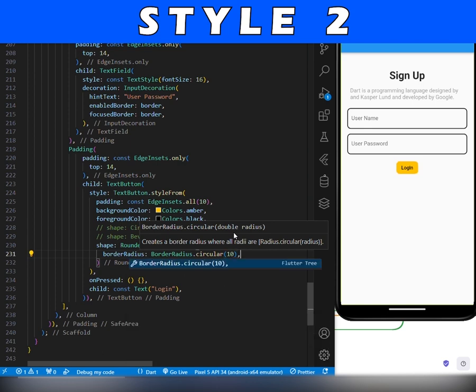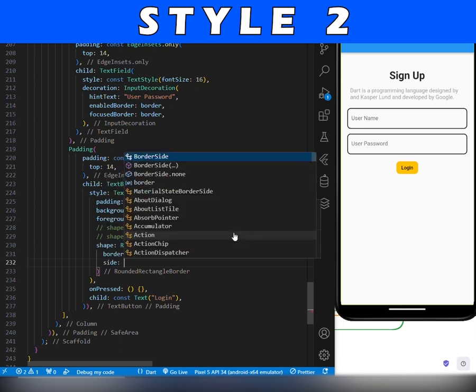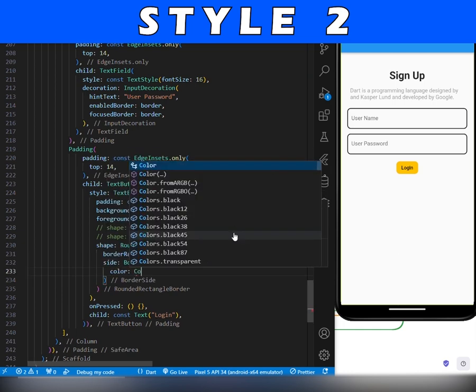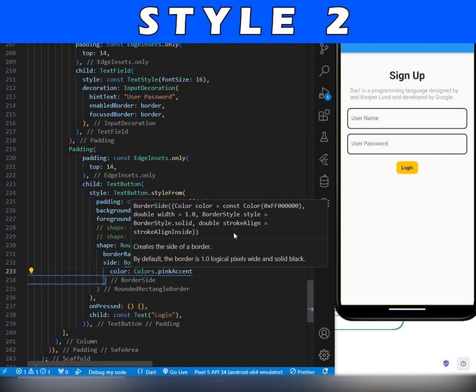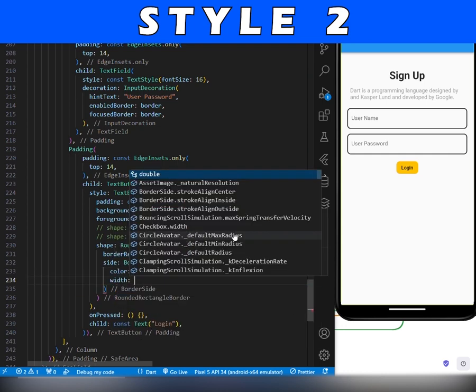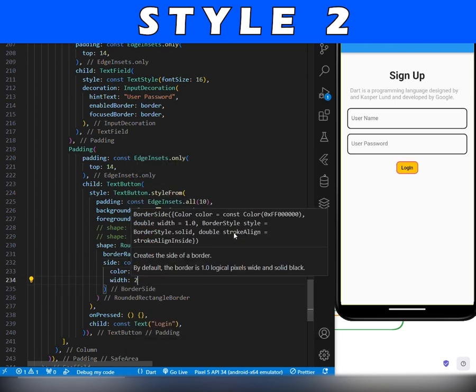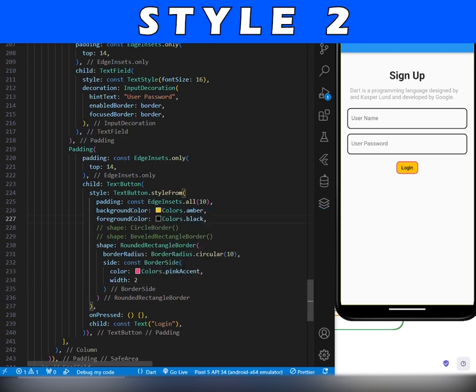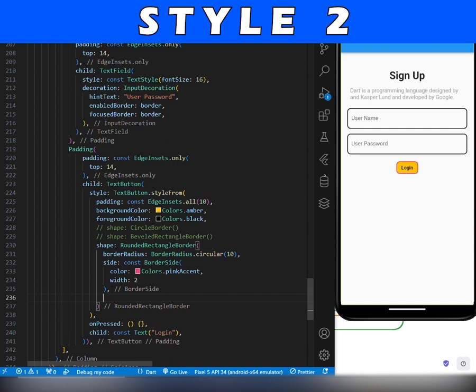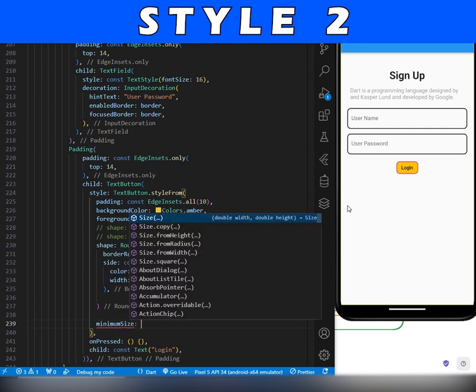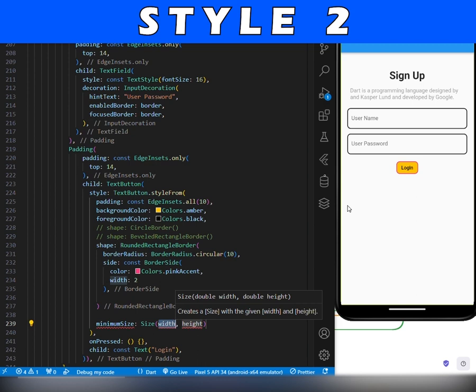Implementing accessibility features in TextButton ensures that users with disabilities can interact with the app's UI effectively, enhancing inclusivity. TextButton can be used in combination with other Flutter widgets to create complex UI elements, such as lists, dialogues, or navigation drawers. By encapsulating TextButton within other widgets like Row, Column, or Container,